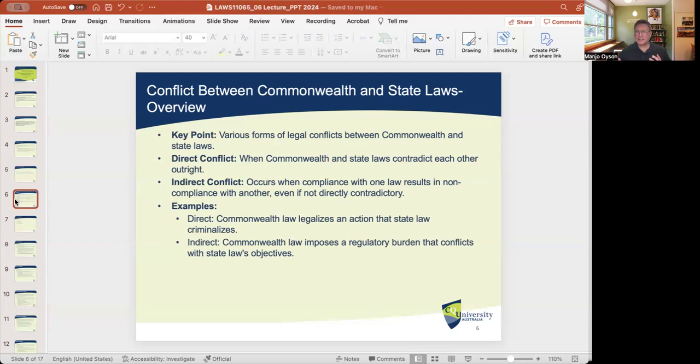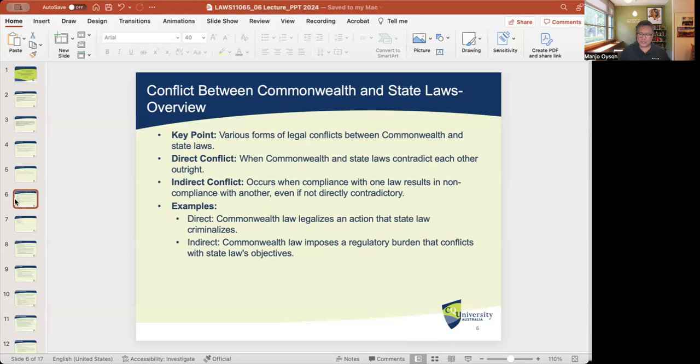But in that sense, the contradiction or the conflict is not direct, or it's not even apparent. So in that case, what needs to be done? So an example of a direct conflict will be when the Commonwealth, for example, legalizes an action, but the state law criminalizes it. For example, we may recall that around 2016,